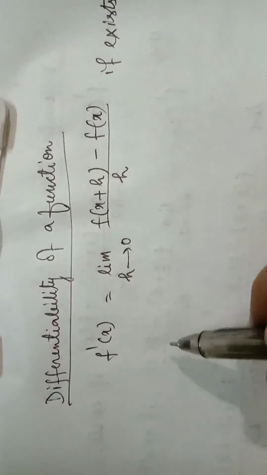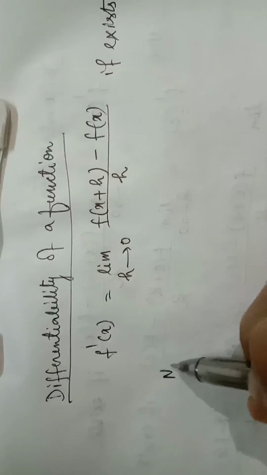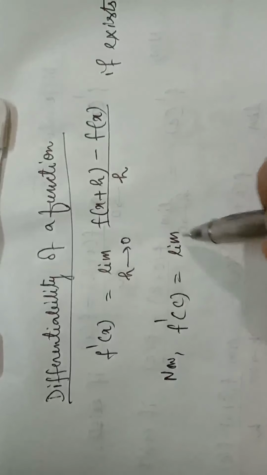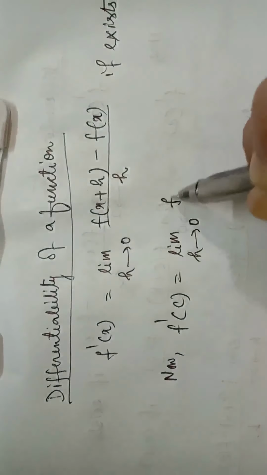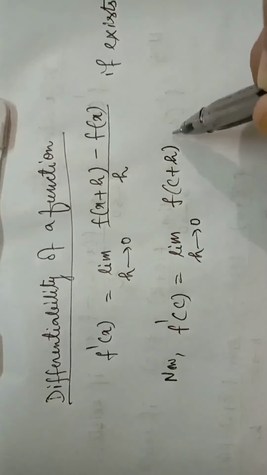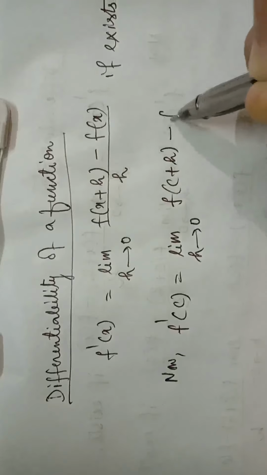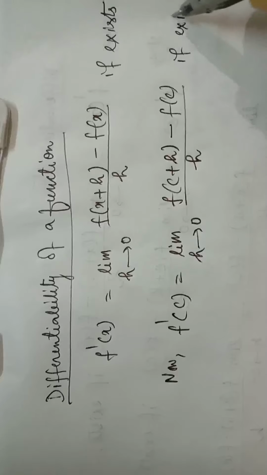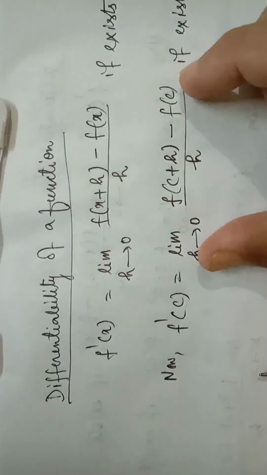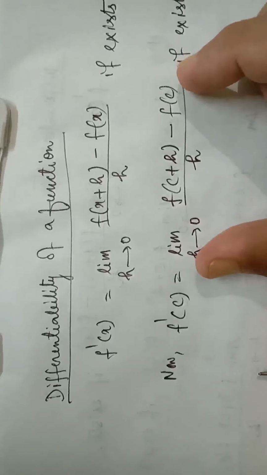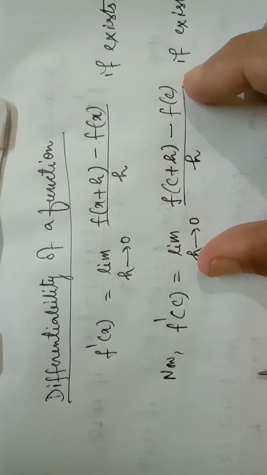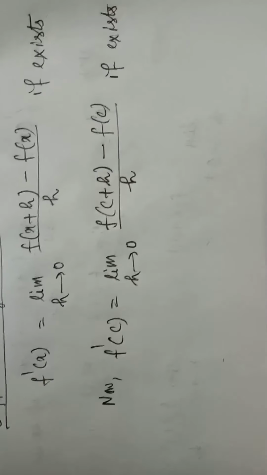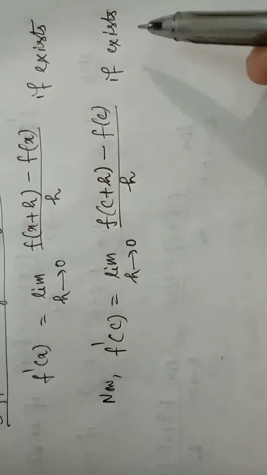If we replace x by c, then we will get f dash c equal to limit h tends to 0 of f of c plus h minus f of c divided by h. Again we have to write, if exists. If this exists, then we will say the value of the limit is equal to the derivative of the function at x equal to c. Now again in class 11 we got that if the limit of a function at a point exists,